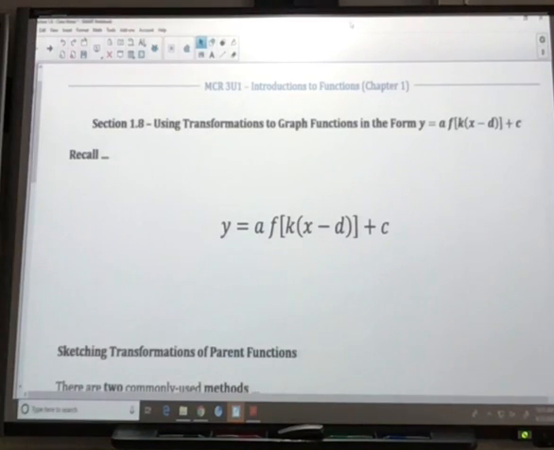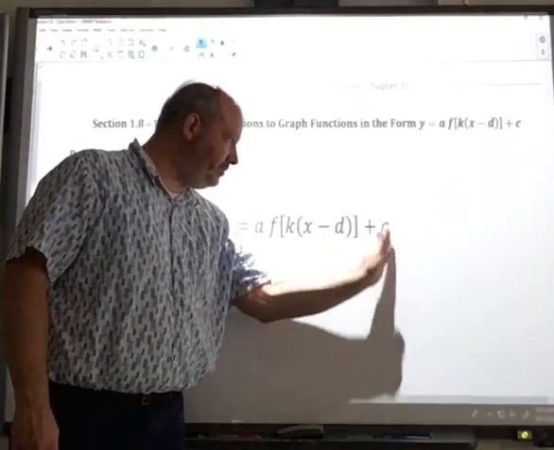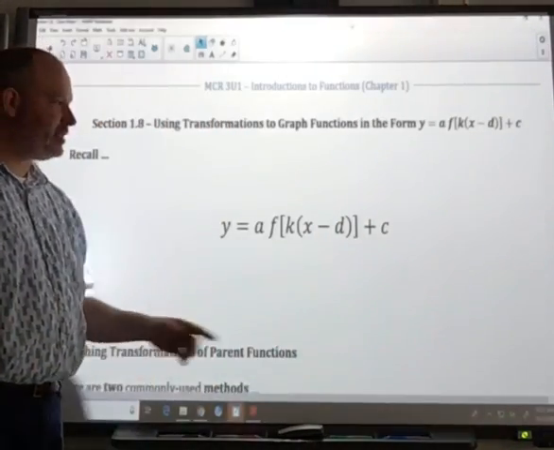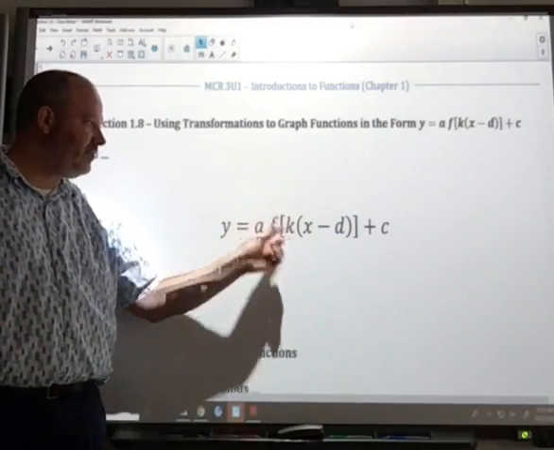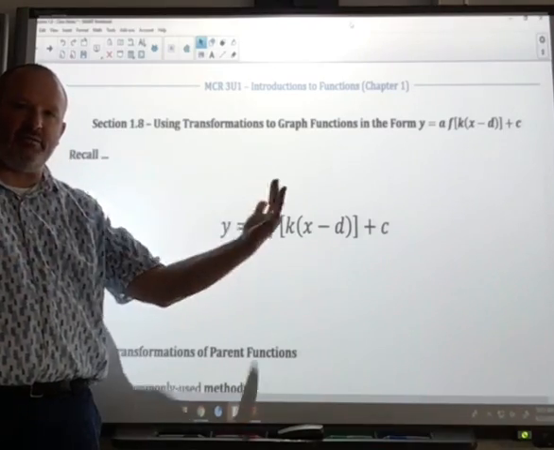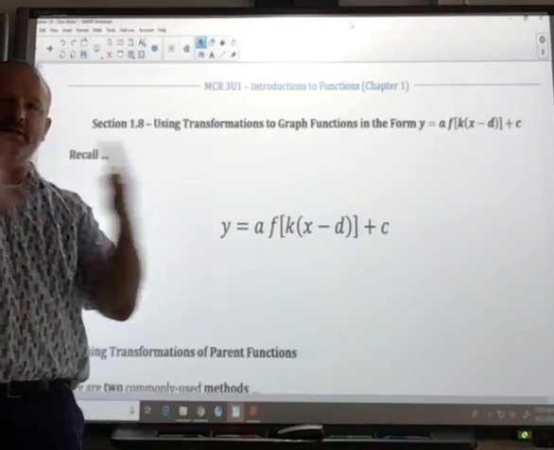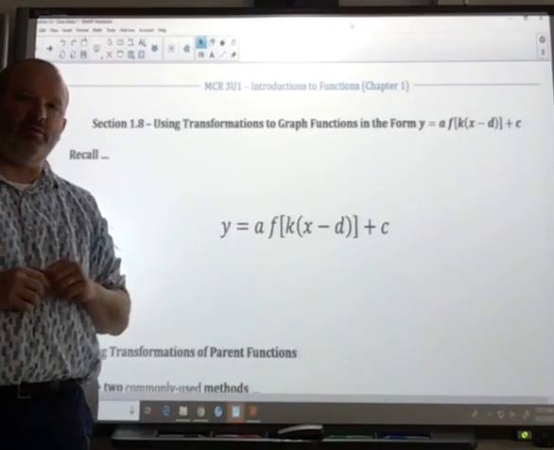Okay, so section 1.8 sort of shows all of our transformations, the old ones from our parabolas unit in grade 10, as well as our new ones. So the old ones are A, and then we used to call this H, and we used to call this K. Now it's D and C, because the letter K is our new transformation, which is our horizontal transformation factor and reflections. So it does stretches and compressions horizontally, affects the x values,